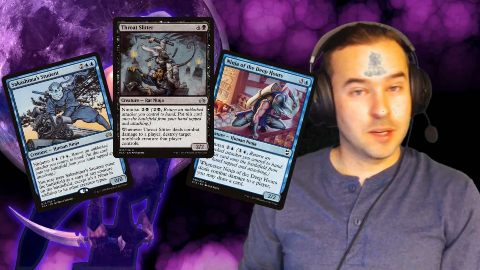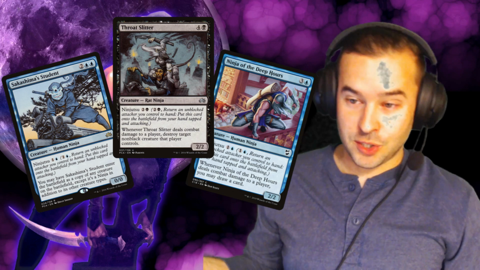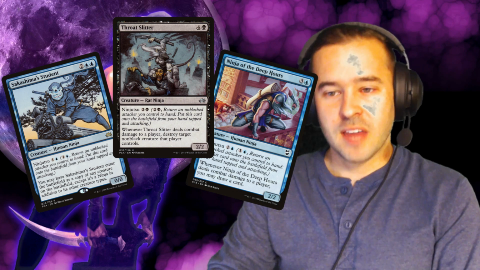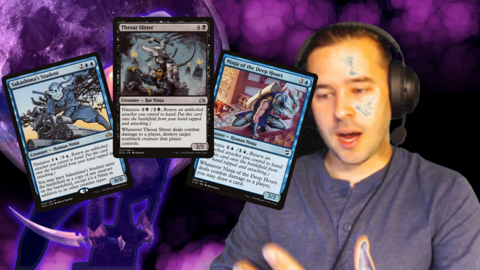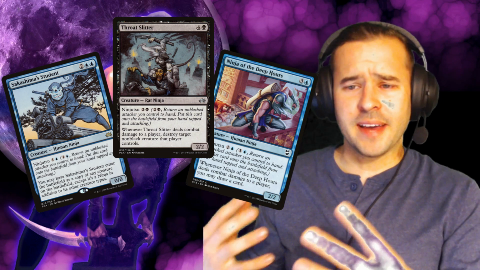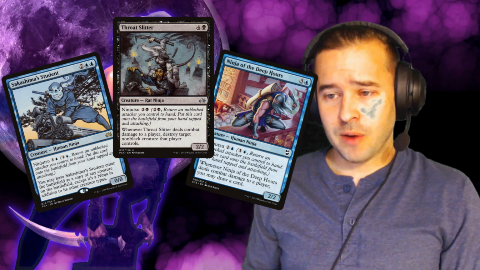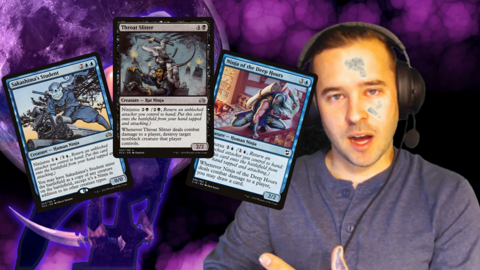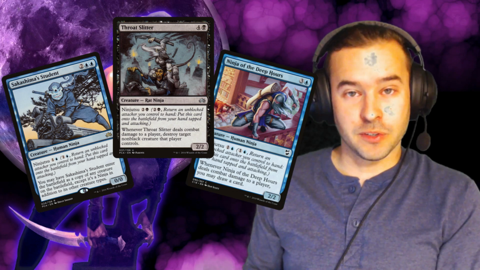Sakashima's Student is going to be a good way for us to make a copy of whatever creature is on the battlefield. Ninja of the Deep Hours is going to give us some really good card advantage, and then Throat Slitter is going to allow us to go for some combat damage. Now, the only downside to Throat Slitter and Ninja of the Deep Hours is you're not going to get that combat trigger. We need Etrata to hit combat first, but once they're on the battlefield, you do have access to that,